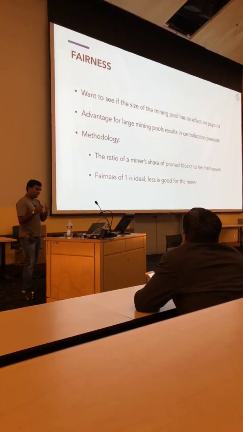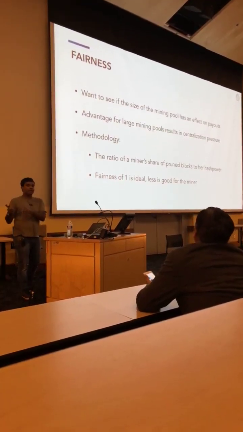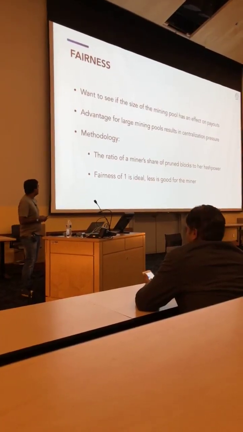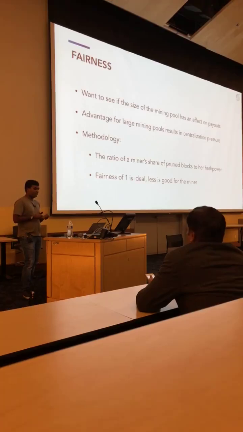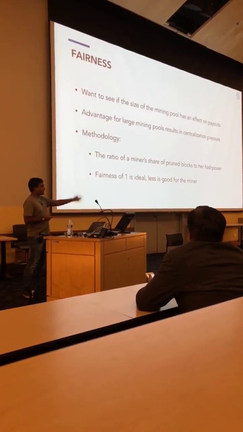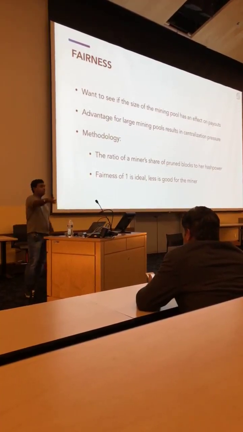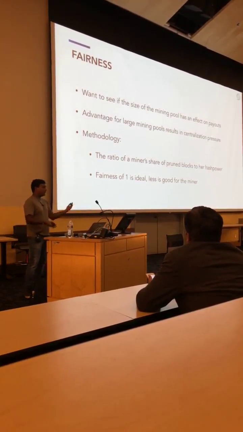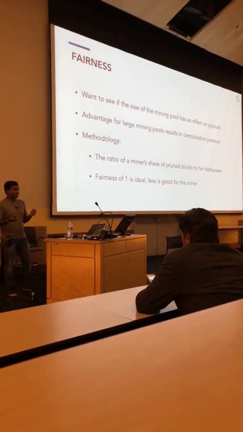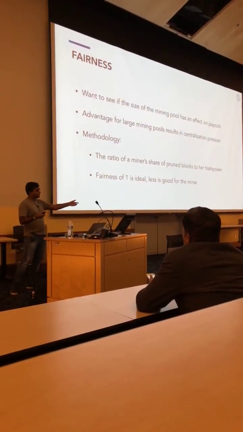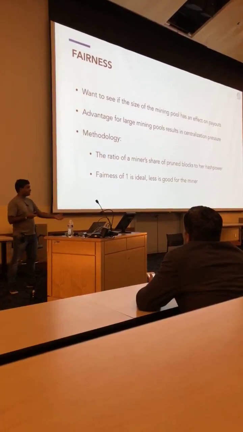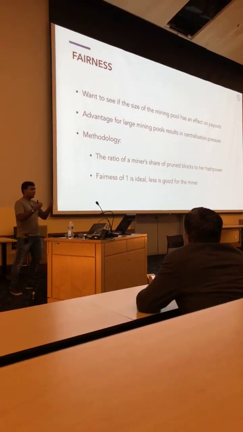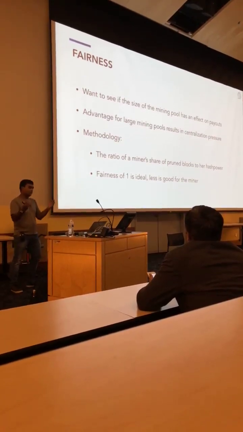And now we want to see what the evolution of that will look like over time, and see if there's actually an incentive towards being a large miner. And we get at this question through the notion of fairness. So if a miner has about 10% of the blocks on the main chain, then if we look at the blocks that didn't make it on the main chain, they should also have about 10% of those. And if they're overrepresented in one or the other, then they either get an unfair amount of say or not enough say in what's actually happening on the blockchain. So here, a fairness of 1 is ideal,